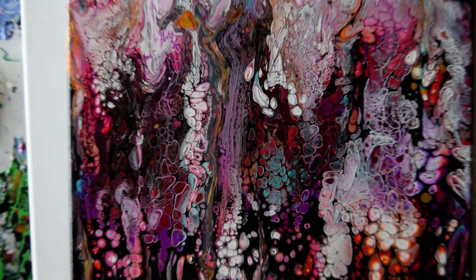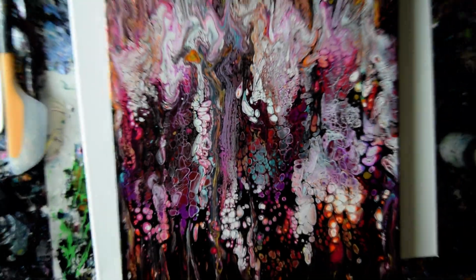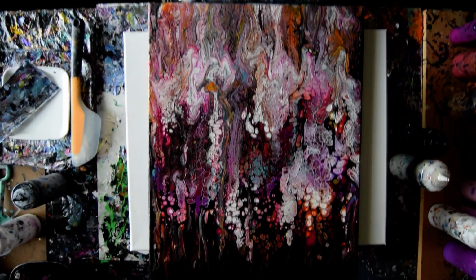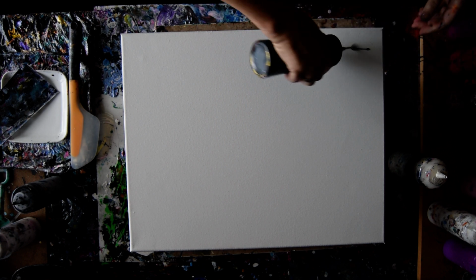And I did this gorgeous painting like 3 years ago. And I am inspired to attempt to use every means at my disposal to try and get a similar effect. So I'm going to put this aside, and that's a 16 by 20 inch canvas. And I'm going to put a layer of both black and white paint on that canvas as a background so I don't have to worry about